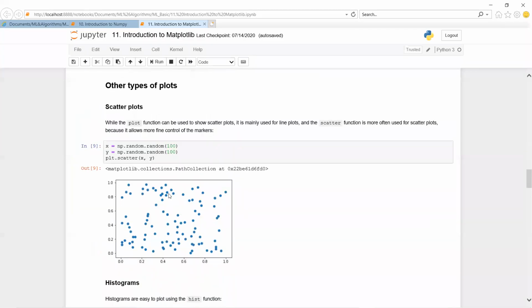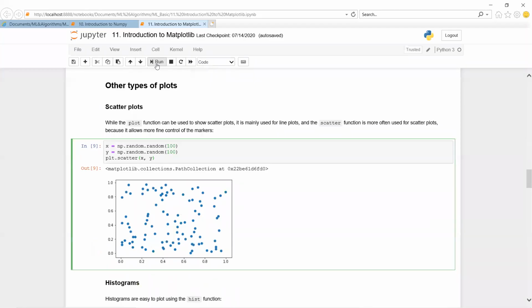Okay, so just now we have seen scatter in IDLE. So how we have to execute in our .ipynb, meaning in Jupyter notebook, means we have to use the same code, and if you just run it here means it is going to execute. We cannot run in the middle.